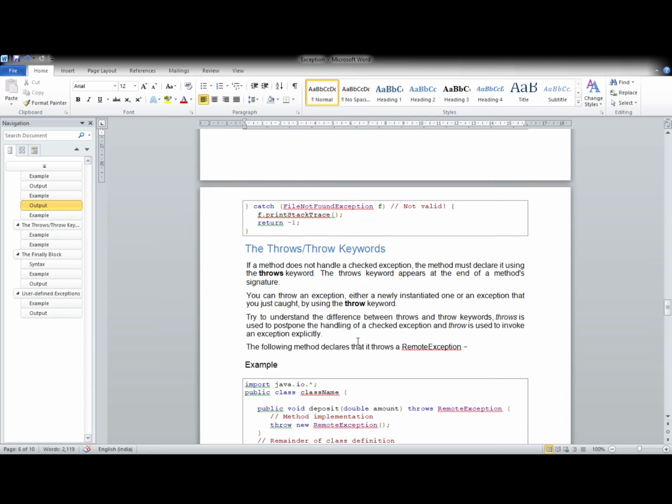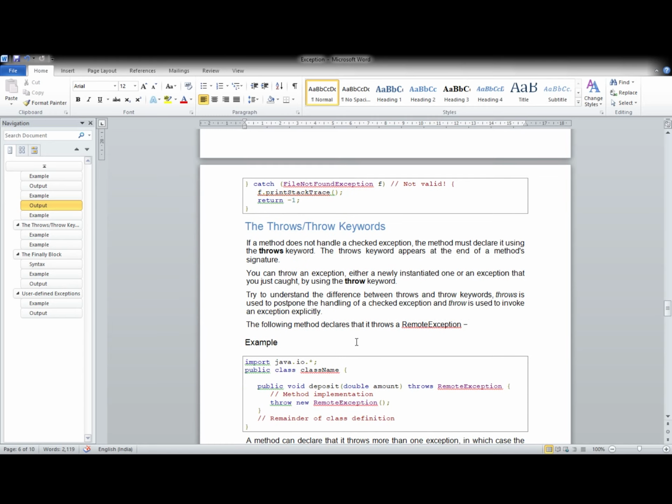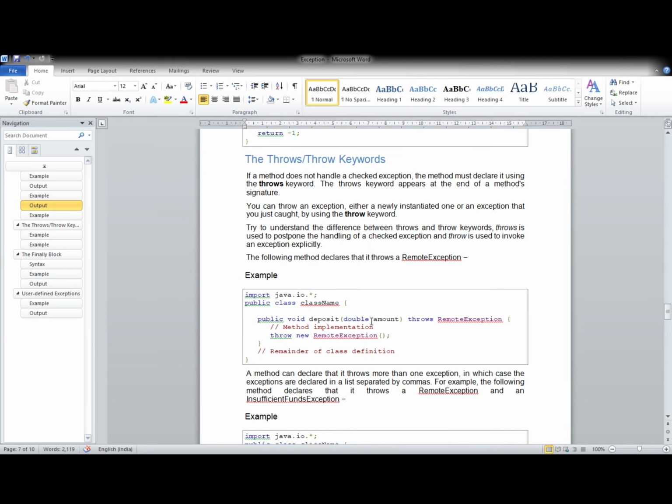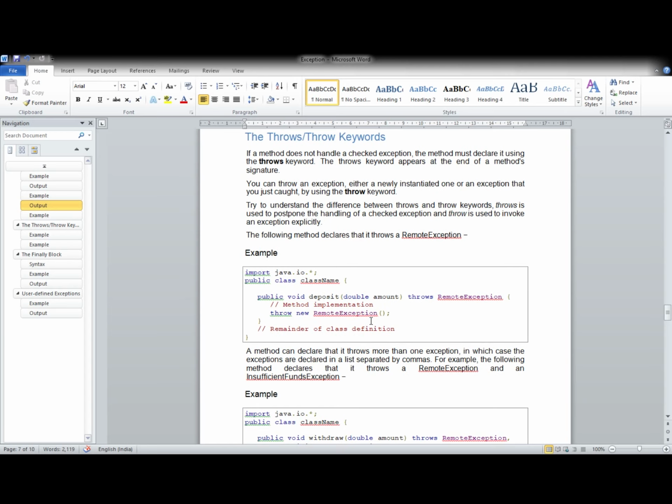Throw. We know that you can create your own exception type. There are already predefined exceptions, and you can have your own exception classes. The only thing is that it must inherit the Exception class. When you write your program, you may want your code to throw an exception. In all the other cases, we saw that the runtime system causes the exceptions to be thrown when it meets with some unwanted situations.